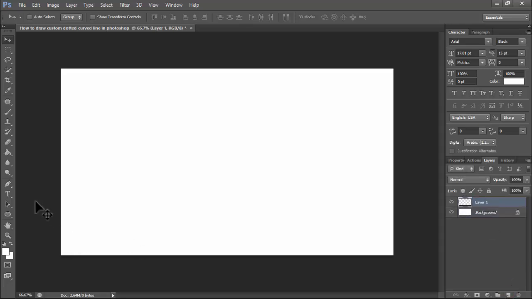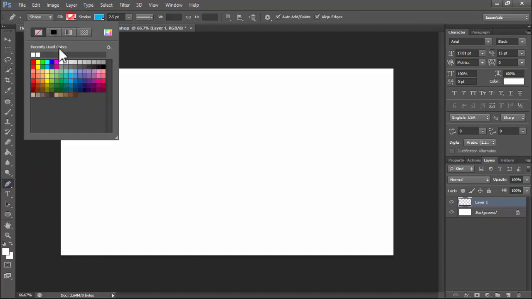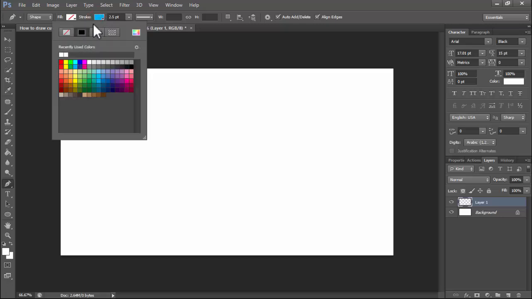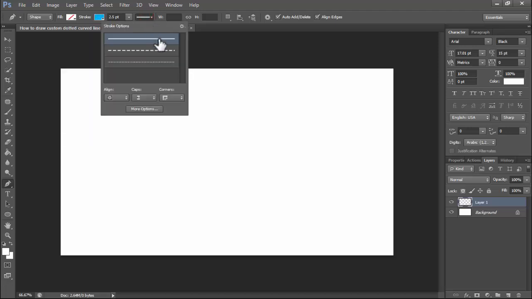Create a new layer. Click the pen tool. Fill. I do not use fill. Stroke. Select stroke color, any color. Stroke size. Okay, and see this